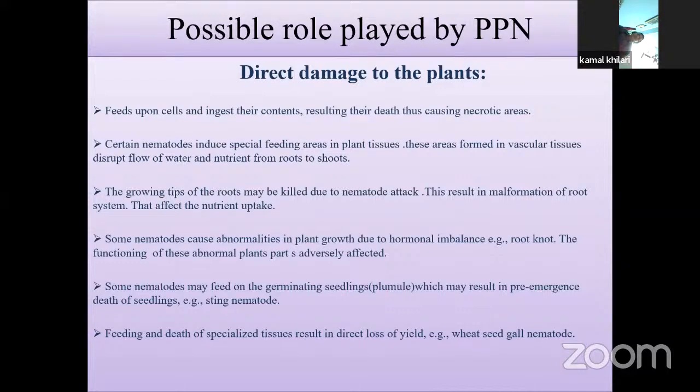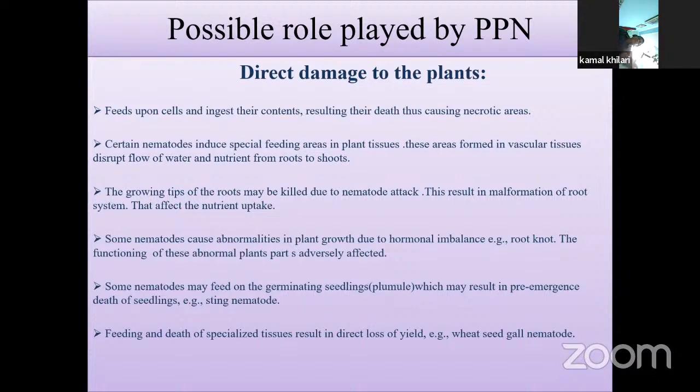So these nematodes may be directly harmful or indirectly harmful. Directly and indirectly, they cause different kinds of harm to the plant. Directly, the nematode feeds upon the cell and ingests its content, resulting in its death, thus causing necrosis in the area. The nematode feeds on the cell sap; they withdraw the cell sap. Naturally, if they are drawing nutrients from the plants, they may cause the death of some of the cells. If there is a death of a bunch of cells, there may be a dead area on the plant. So there may be formation of a dead lesion on the plant system,